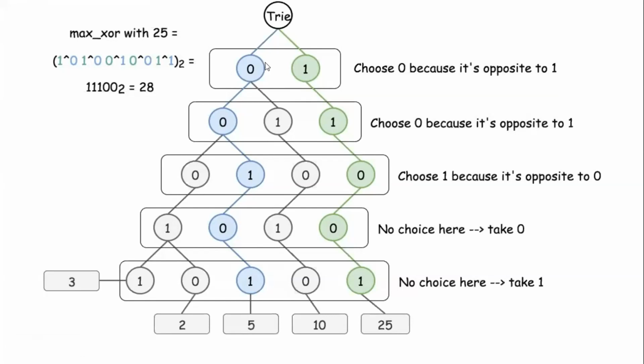Sorry, can you repeat again? After you have the root node called trie, if you go first, second, third, fourth, you just have a 1 coming from that 0. Why not a right child here? How do you decide when to have a right child and when not? Basically, visually, I have represented it like this.